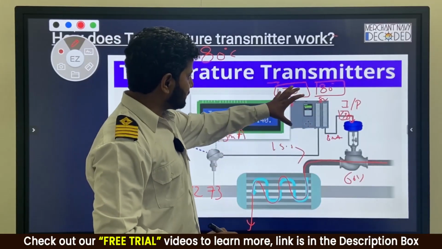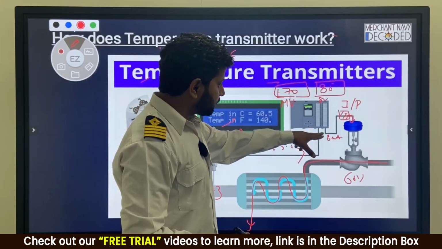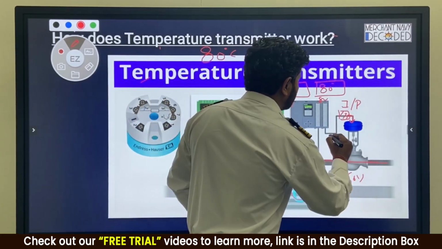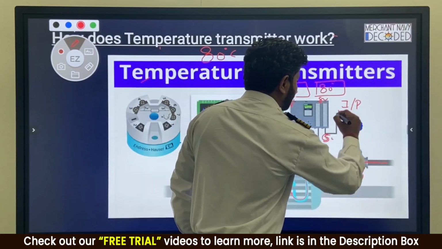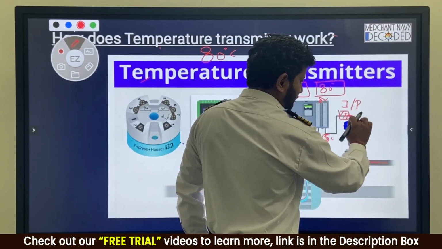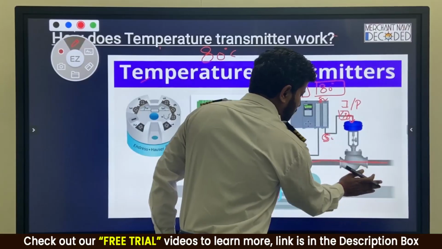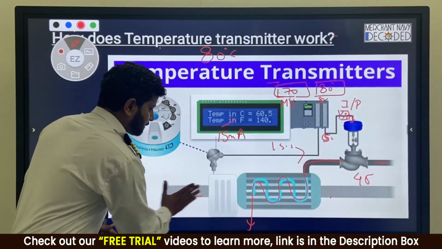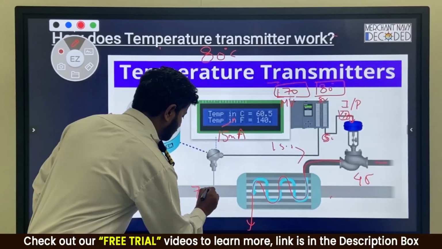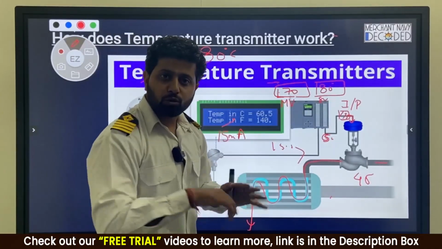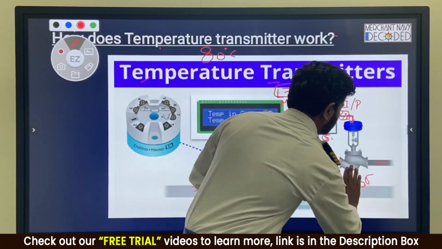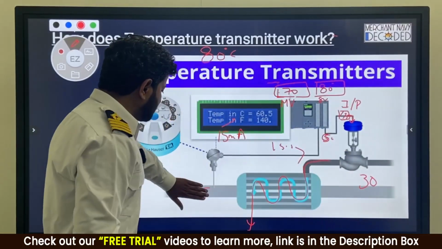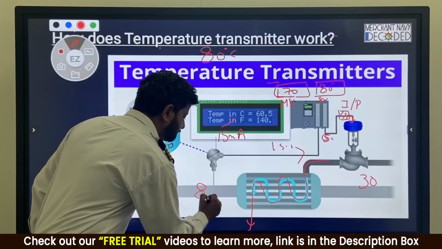It says 73 has happened, 74 has happened. It says okay, reduce it a little bit. Now the current signal is say 6 milliamps or 5 milliamps, 6 milliamps, and after the IP the air pressure is also reduced, the valve has further closed. Now it is 40% open. Now the temperature has become 75 degrees, coming more close. It says okay, close it further. Now it becomes 30% open, and now once it reaches 80 degrees,